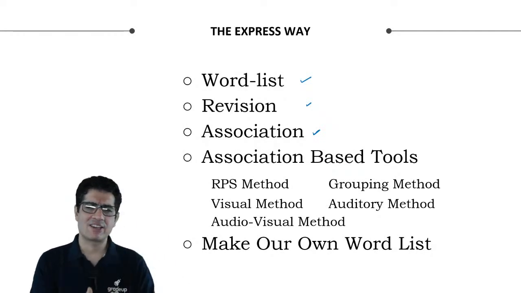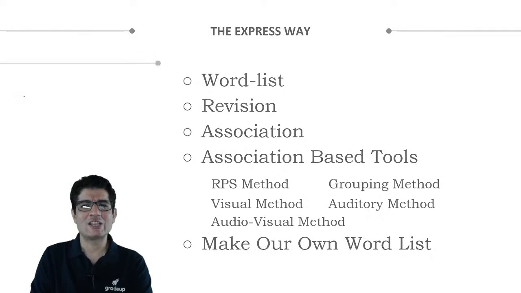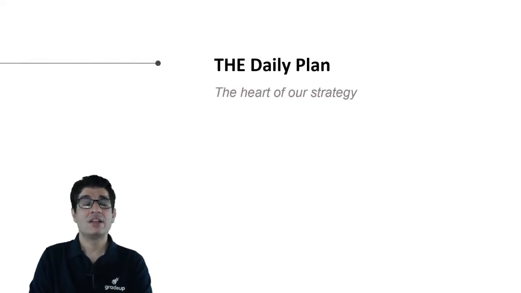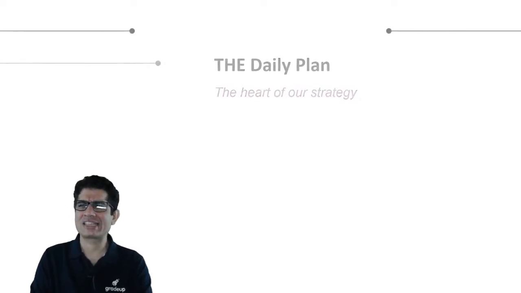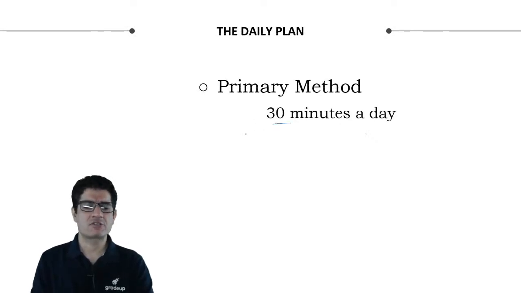From where can I learn vocabulary? But then one very important question that is still left unanswered is how to learn vocabulary. So here is your answer to the how to. Let me take the liberty of making a daily plan for you. So what is it that I want you to do? I want you to take out 30 minutes from your schedule every day. If you find 30 difficult, you can take out 20. But take out at least 20 minutes, preferably 30.